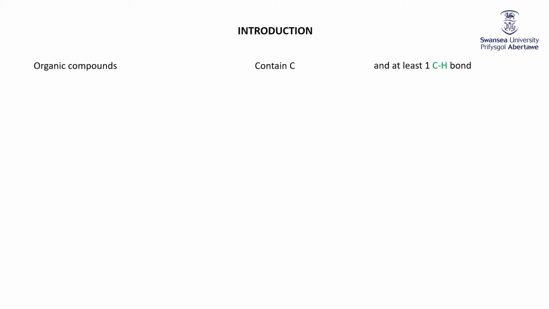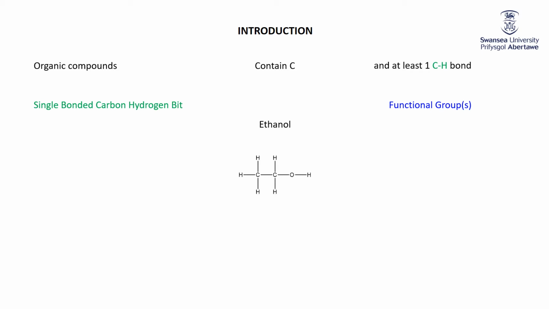So what this means is that when we're thinking about organic chemistry, we can think about any organic compound as being single bonded carbon-hydrogen bits, so that's what makes them an organic compound, and then the appropriate functional group. So for example, ethanol, which is a carbon compound you've seen a lot, there is its structure. I trust you're familiar with that. Well, if I look at this, I can see there's the single bonded carbon-hydrogen bit there in green. And that's generally boring and unreactive. We'll talk a little bit about the reactions of those carbon-hydrogen bits in a little while in a future movie in this particular module. But by and large, those carbon-hydrogen bits are boring and unreactive.